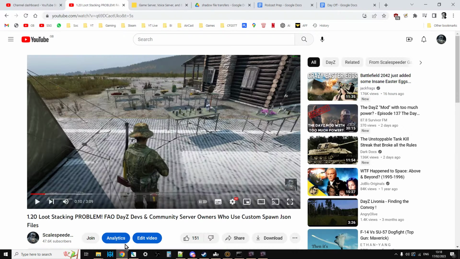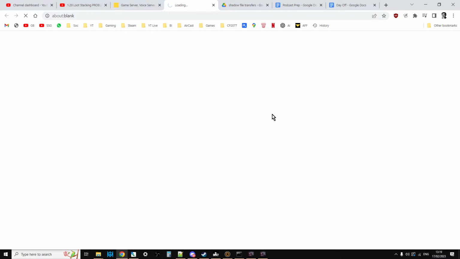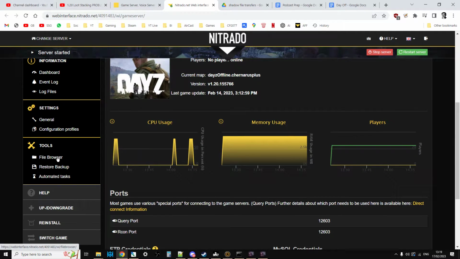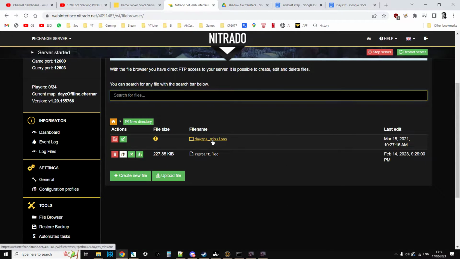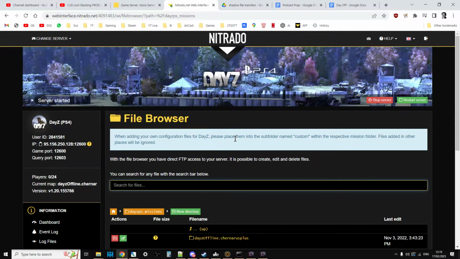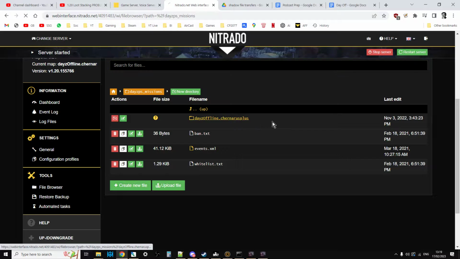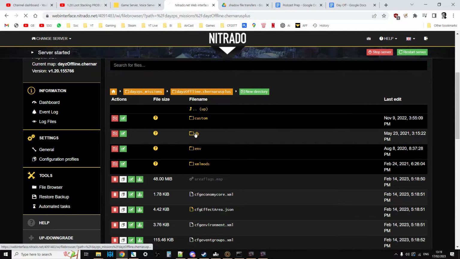So how do you do this on a remote server? So, no Tradoserver. What you're going to do is go to your web interface, and go to the file browser, and go to the missions folder, PS missions or XB missions, depending if it's Xbox or PlayStation, and then go into DayZoffline.ChernarusPlus, or DayZoffline.Enoch if it's a Livonia server. You're going to click into there. You're going to go into the DB folder,